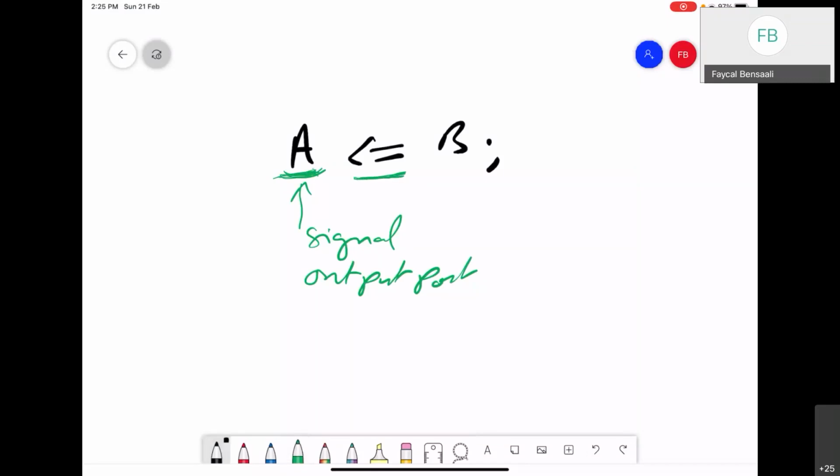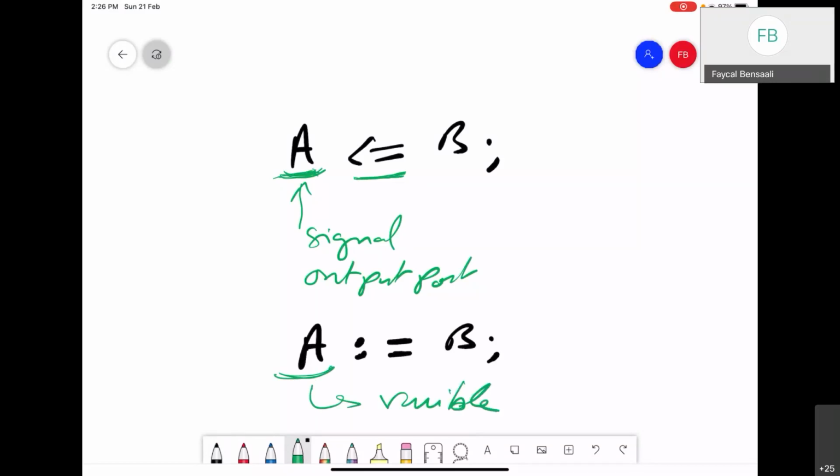Now, where do I need to use the other one? A is equal B, for example. In this case, this A must be a variable. If you declare A as a variable and you want to assign something to it, this is the operator you use. If you remember as well, we use this operator during assignments for constants, when we assign a value